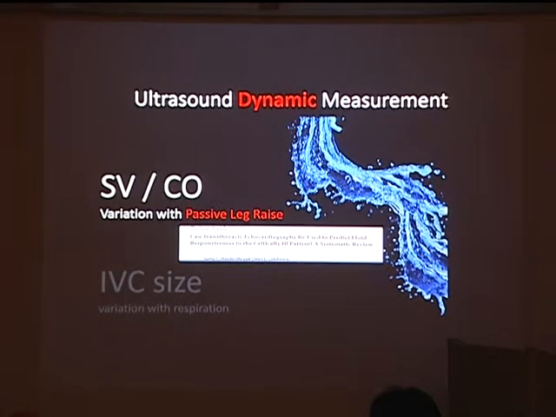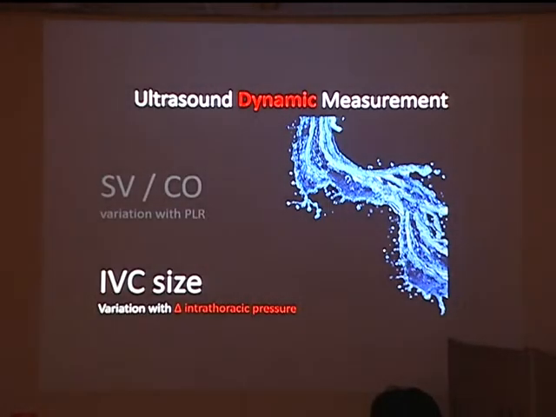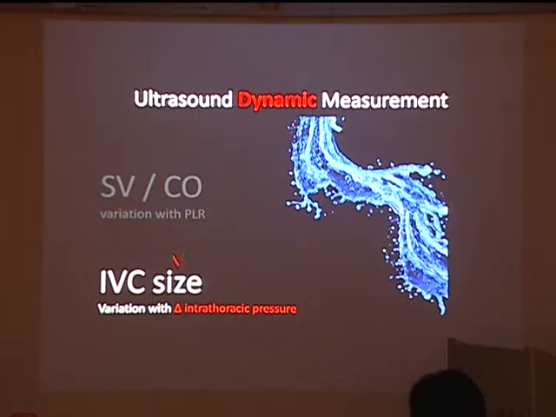This is not what we're going to do in this course. We're going to take a look at the IVC. We're trying to see whether or not the IVC size changes with intrathoracic pressure changes. Imagine the patient is full tank and you have a change in intrathoracic pressure. Will your IVC change in size? It won't change very much, right? If the patient's tank is not so full, and you have a change in intrathoracic pressure, then your IVC size will start to vary, right? So we're using the filling of the right heart via the IVC as a surrogate for our dynamic measurement.